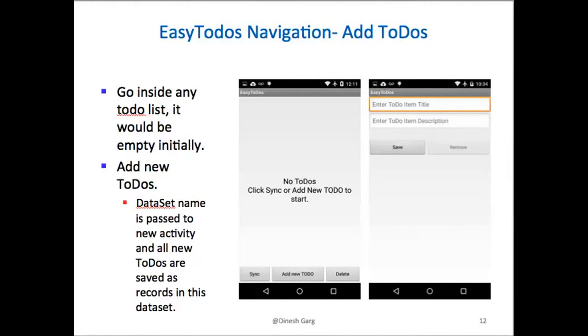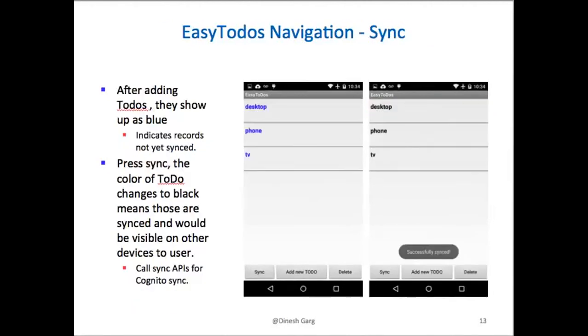I believe here I've selected Black Friday, and I wanted to do some shopping on Black Friday. So I'm just adding some to-do items here, just as a reminder for myself to remember that these are the things I need to buy. So I added in this screen, as you can see, 3 items here that I need to buy: desktop, phone,